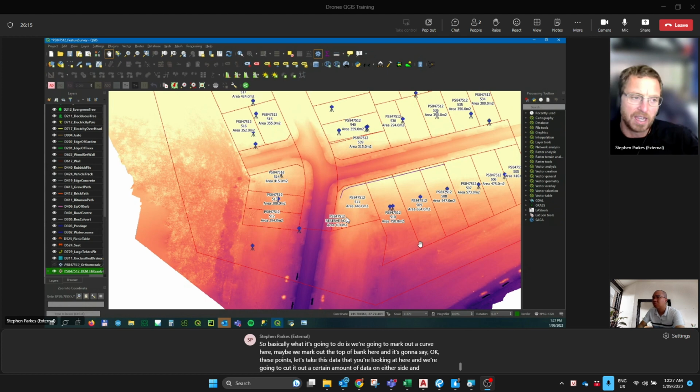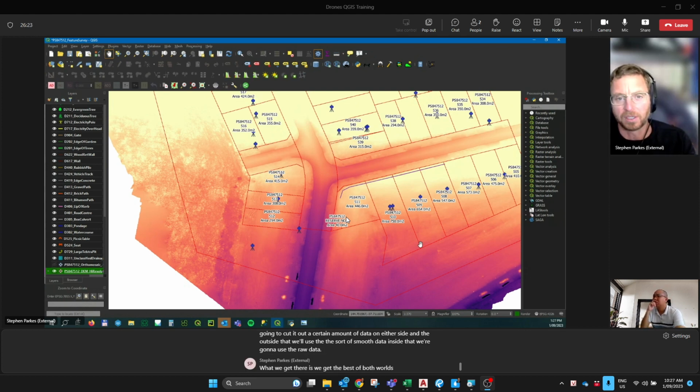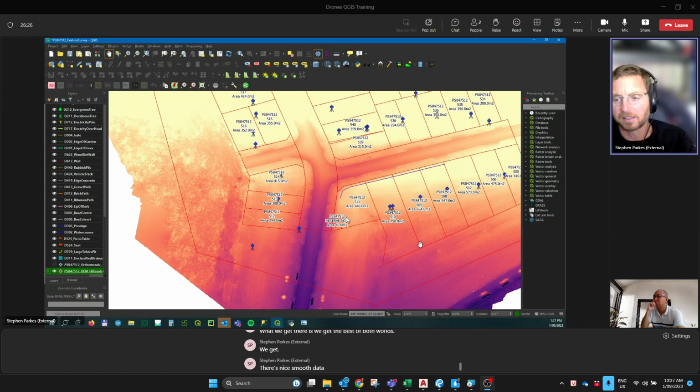Outside that, we'll use the smooth data. Inside that, we're going to use the raw data. What we get then is the best of both worlds. We get the nice smooth data over the pads, we don't see tire tracks and stuff like that, but we also get the sharp detail that we need around a retaining wall or a curb or something like